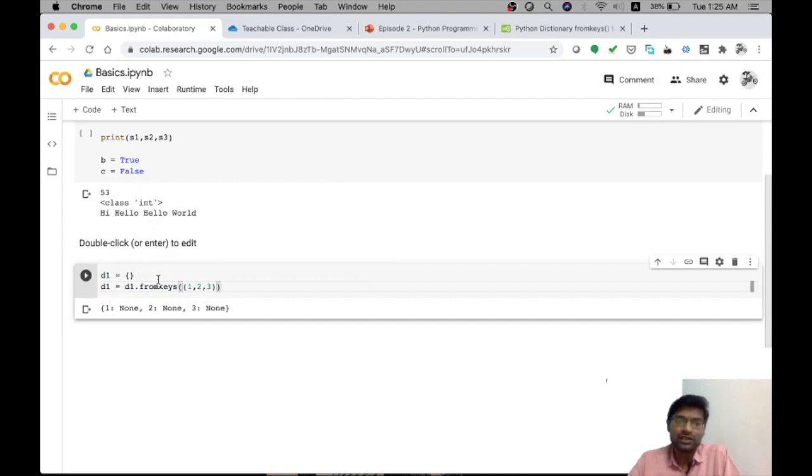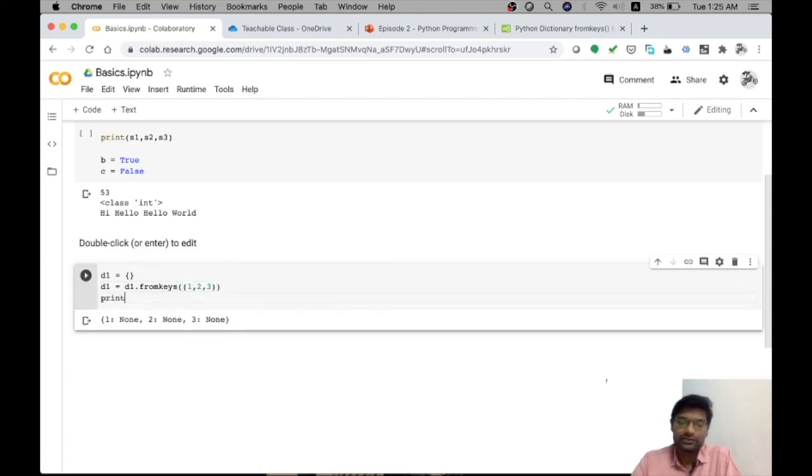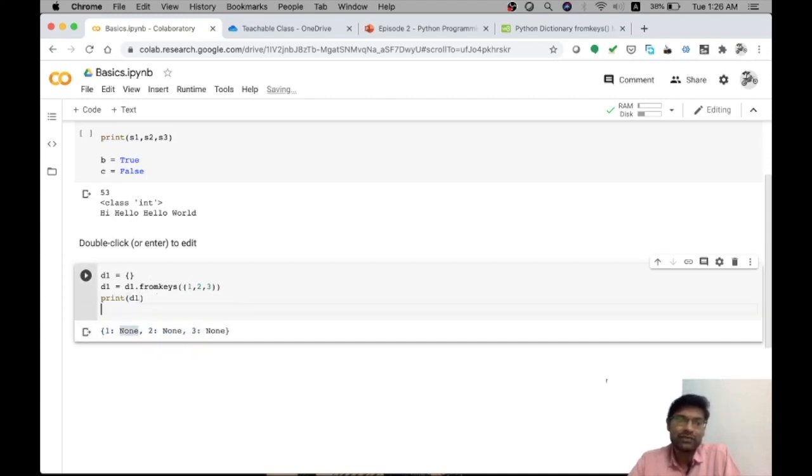So this output I have to store into the same dictionary, only then it will get updated. So when I print this and see, my output will be something like this: 1 colon None, 2 None and 3 None. So what it is actually doing is, these 1, 2, 3 values are forming the keys of this newly created dictionary, and it will not assign any values to it. To assign the values, we can manually assign it. Say like this: d1 within square brackets 1, I can assign a value for this. Like say if I want to put 85 in 1 for registration number 1, I can store it like this.